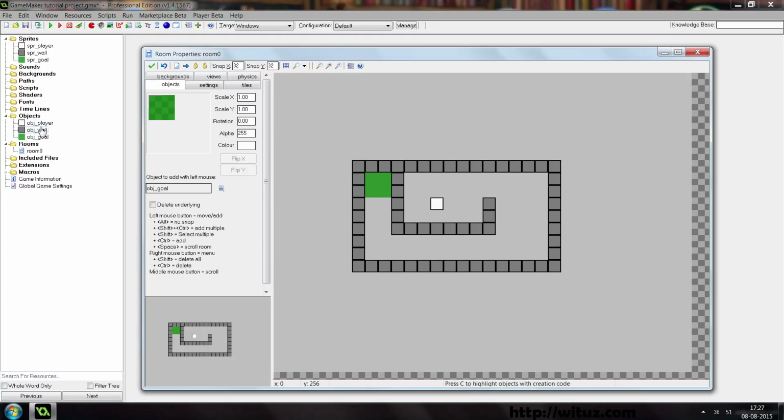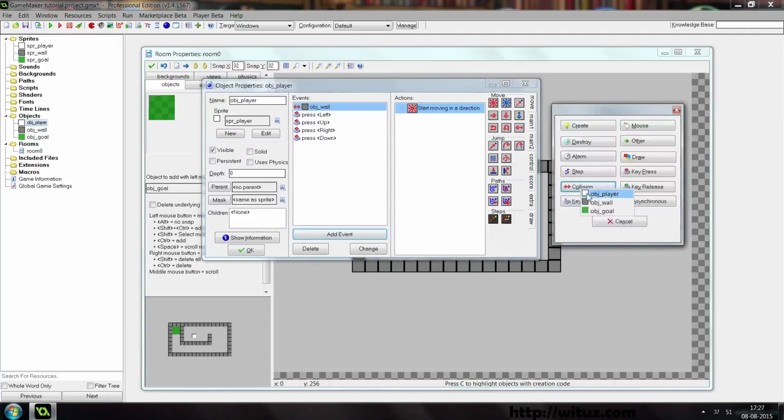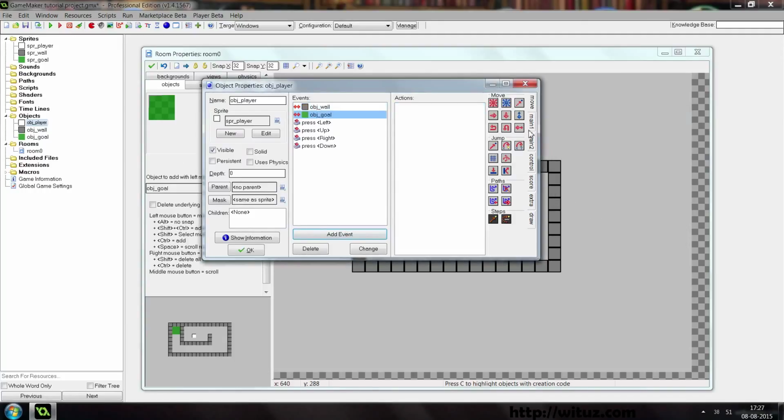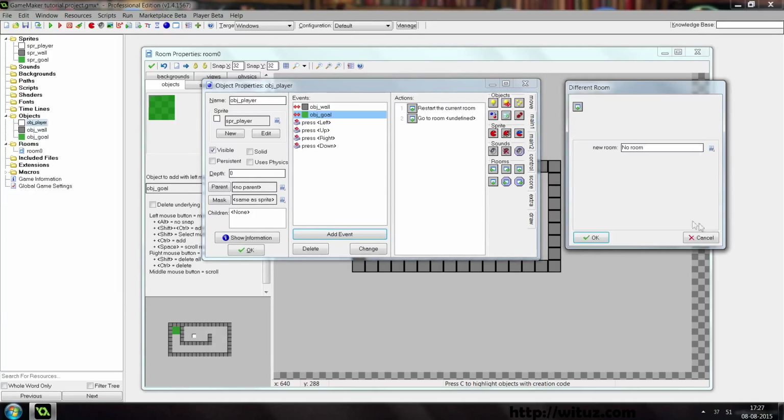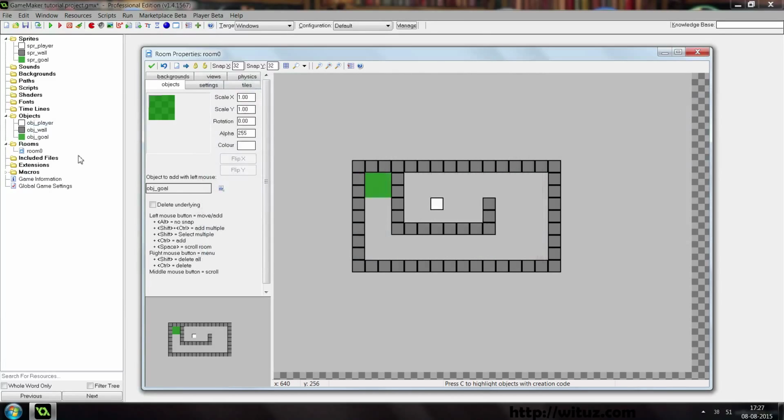Okay, so we've got the player working. Now we just need to tell the player that we want it to go to the next room when it touches the goal. So we say collision object goal. There is one in main 1 here called rooms. These are all the actions that you can do with rooms. For example, restart the current room, go to a specific room, or go to the next room. And that's the one we want to use. So if you run the game,